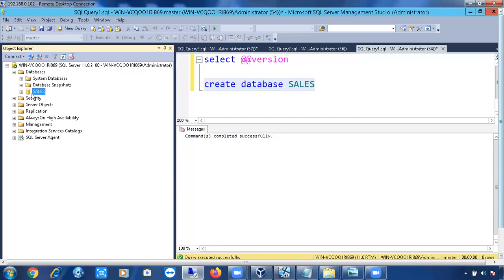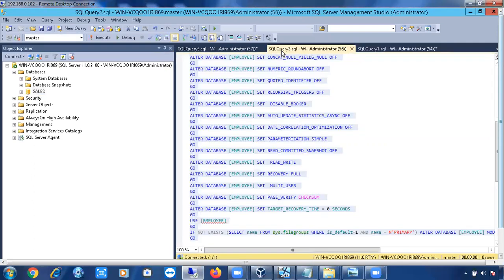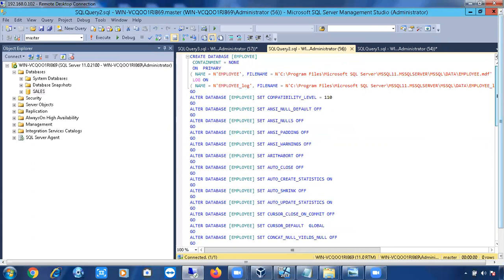This is how user databases look. You can see the database is created, the sales database. Even if I don't give any of these options or values, I am still able to create the database with a simple query, create database name. But you have to provide all these values otherwise.